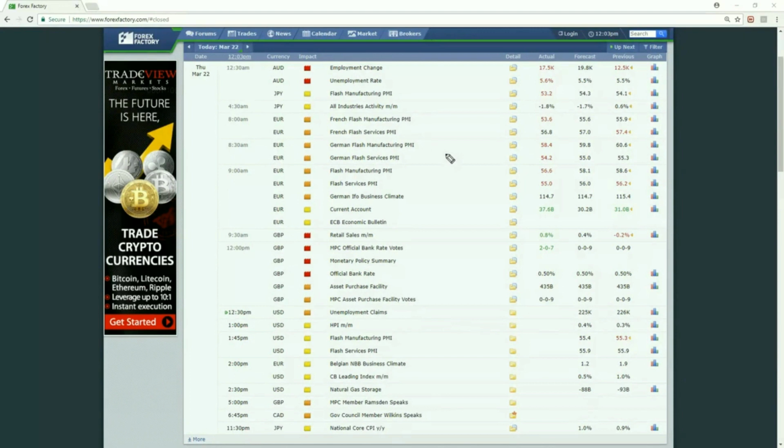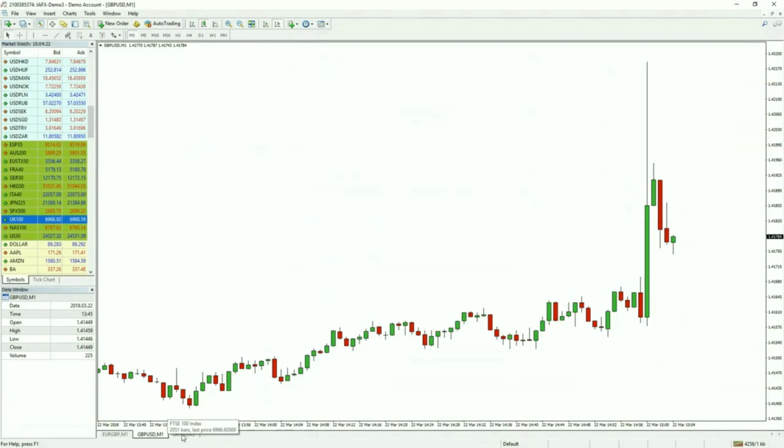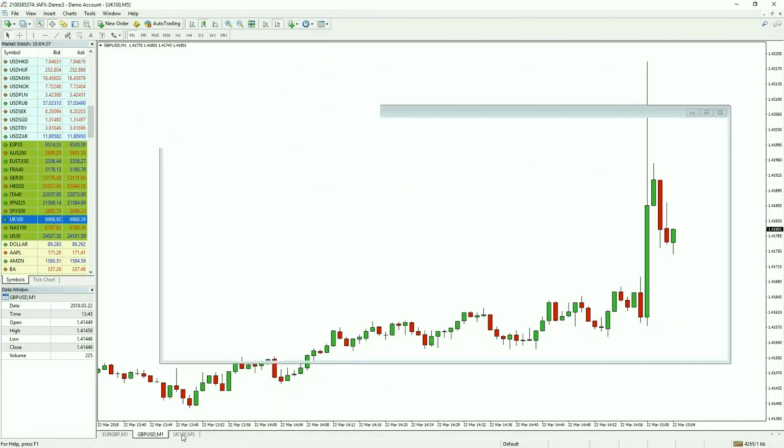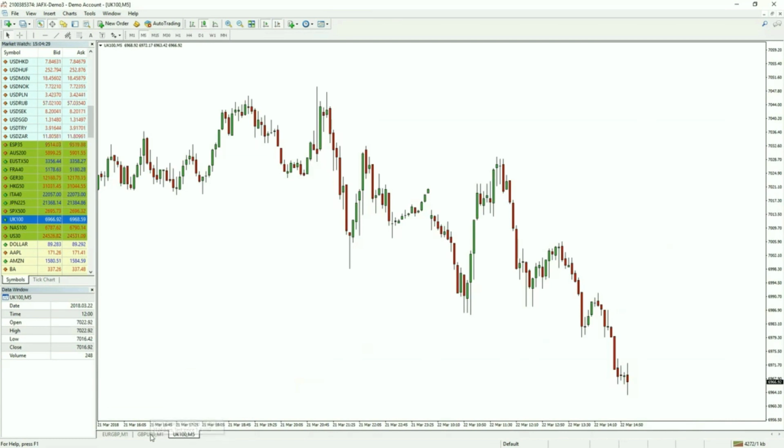Going back to the news event itself, we can see the actual figures that have been announced with an unchanged bank rate. The asset purchase facility is unchanged at 435 billion, and the monetary policy votes were 0-0-9, a unanimous vote for a non-change. So when we look back to our asset classes, we can see the volatility is absolutely